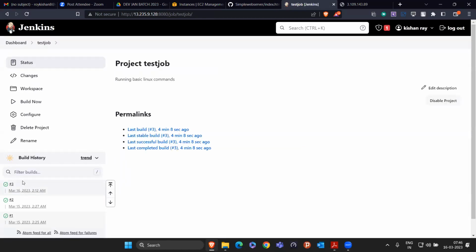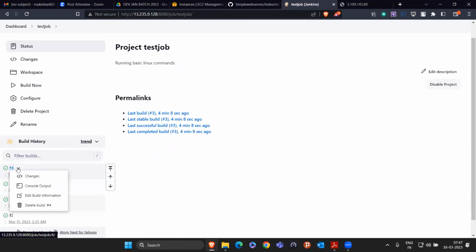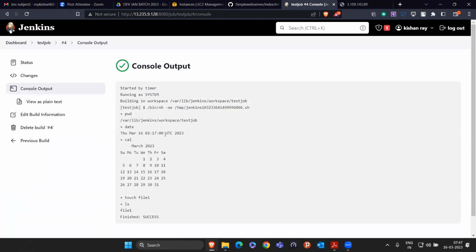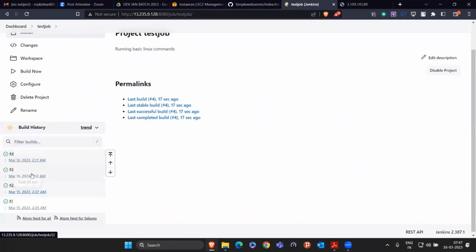But previously, every time we clicked on build now, only then the build was happening. This time we just have to wait. Hashtag 4 build happened automatically at 270. You'll see that the console output, everything will be the same. Hashtag 4, so every command ran, and this command ran at 270. Now you'll see that after hashtag 4, once it becomes 280,